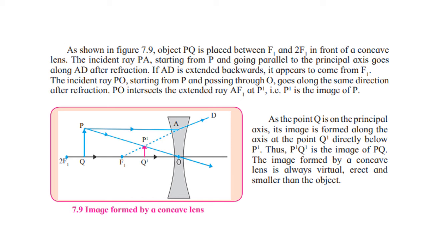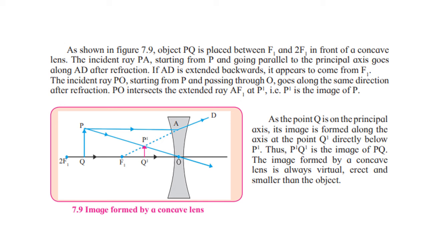Then what will you do? You will draw the object PQ. If you see, the arrow shows it is in the upward direction. Now you will draw the rays of light. The first rule tells you about the ray of light which is parallel to the principal axis. In case of the convex lens, what did we learn? It gets refracted and passes through the focus on the opposite side. Now here, it being a concave lens, the ray gets diverged towards D. If we produce it backward and pass it through the focus, then it will come as, if you can see over there, the dotted line.